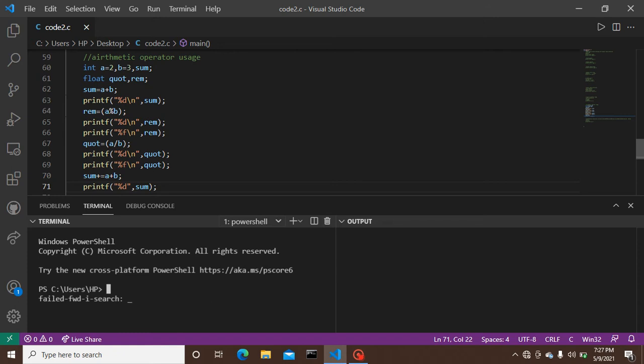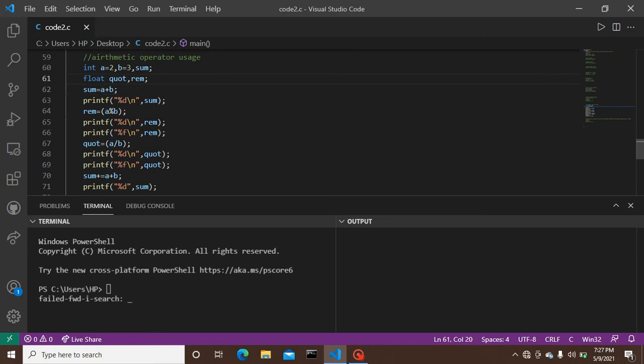Let's have a look at our next set of code, which is of arithmetic operator uses. Here, same, I have provided integer type variables a, b and sum, where a is a constant having value 2 and b having constant value 3, and I have provided float values for quotient and remainder here.